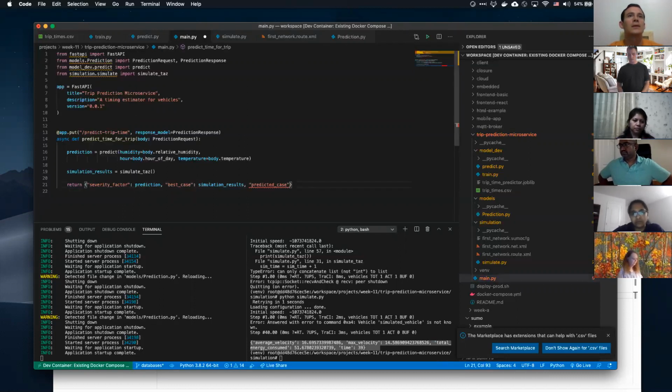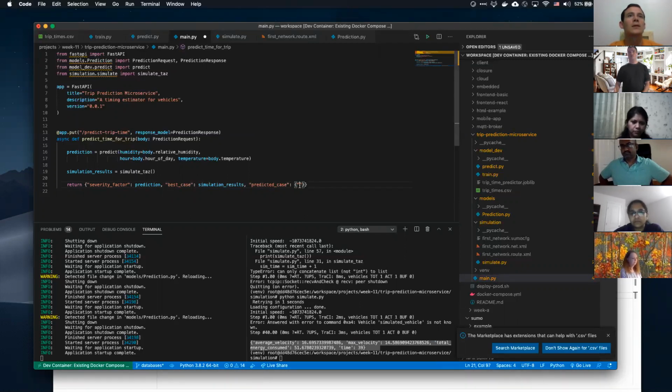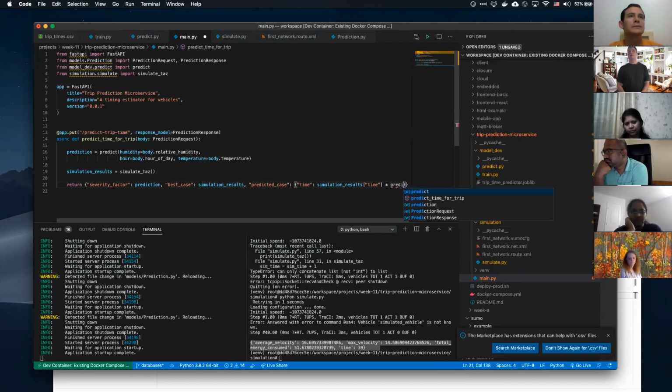Predicted case is going to be our total energy consumed. Let's start with the time. So time is going to be our simulation results of time multiplied by our prediction.